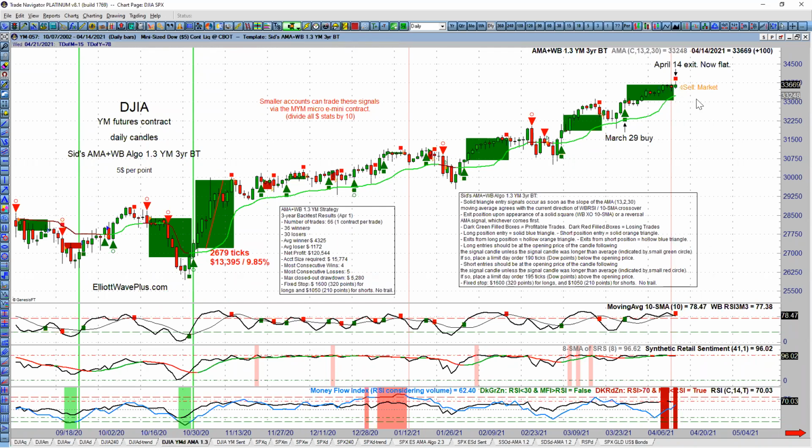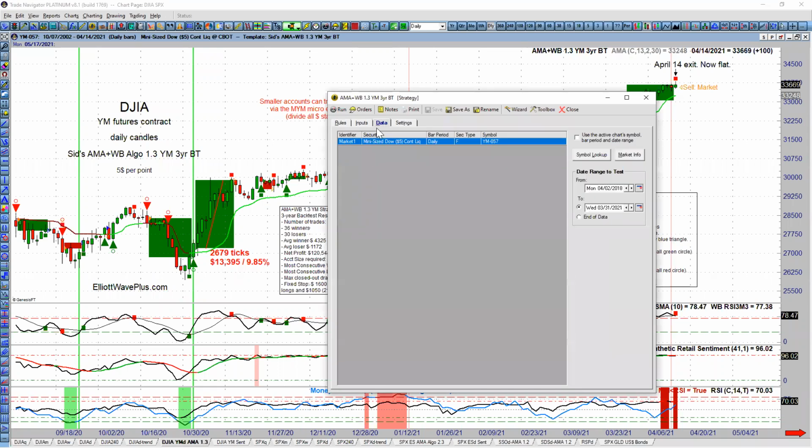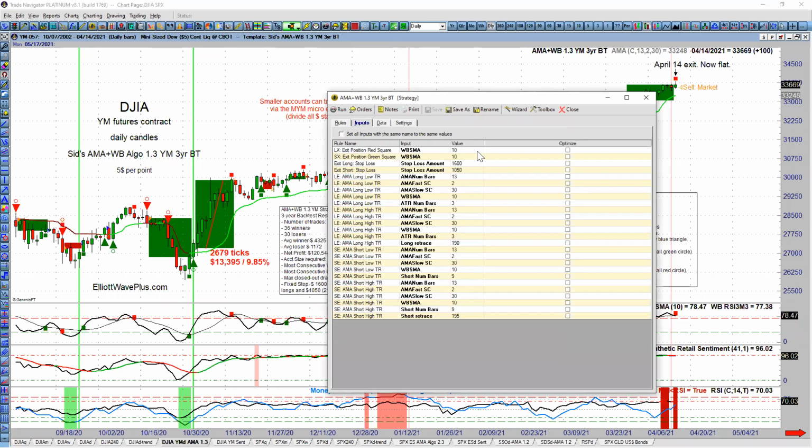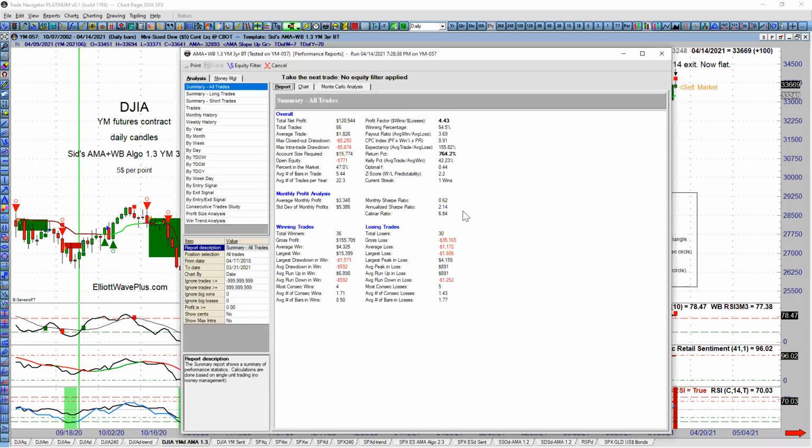But if we get enough downward movement here where this green line turns red, then we would be on a sell signal as long as the last crossover we saw on the Walter Bressert was also red. So I guess that's the main stuff I wanted to cover with you guys tonight, is that this continues to